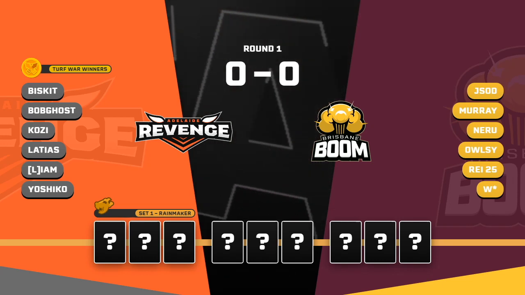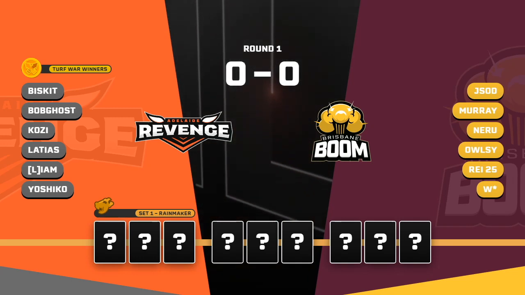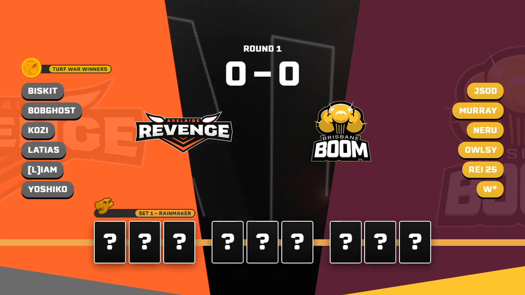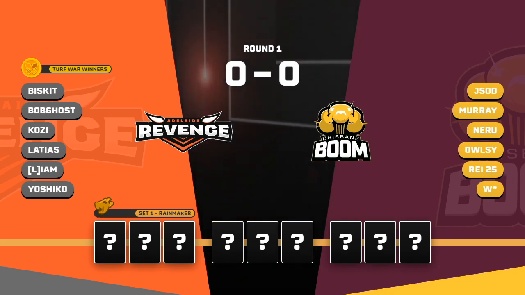Okay, so with an opening of Rainmaker from Adelaide Revenge, this is definitely the kind of thing I expected to see from this team. It works well with the kit that they usually run. What kind of map bans are we expecting here? So for Rainmaker, some of the